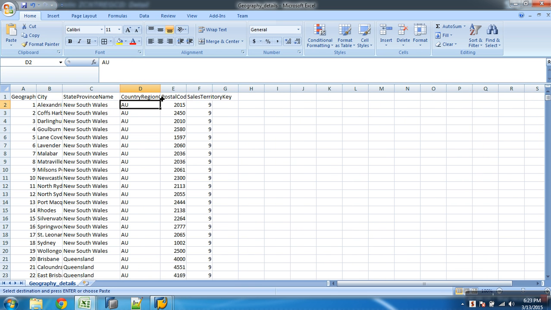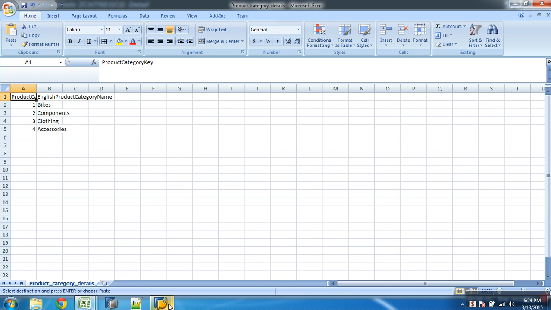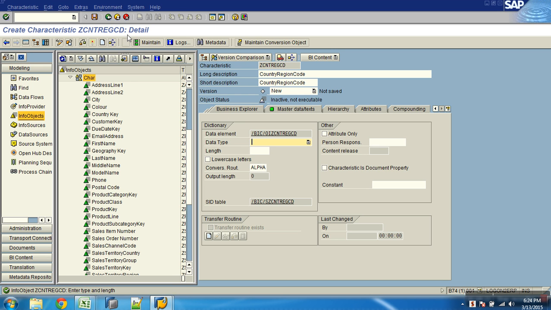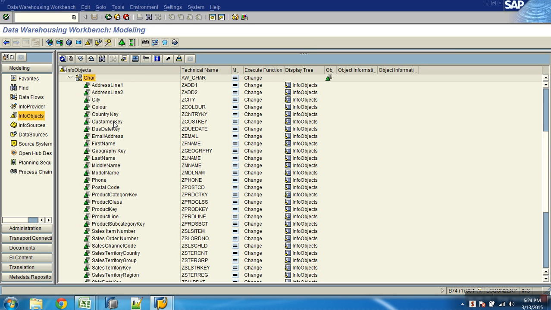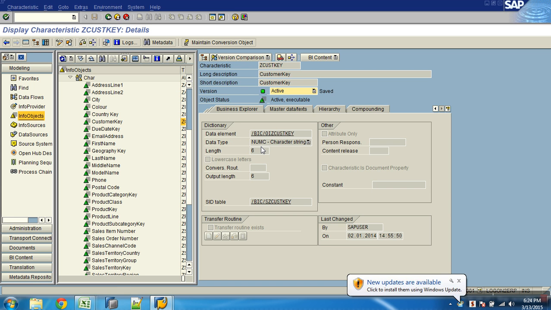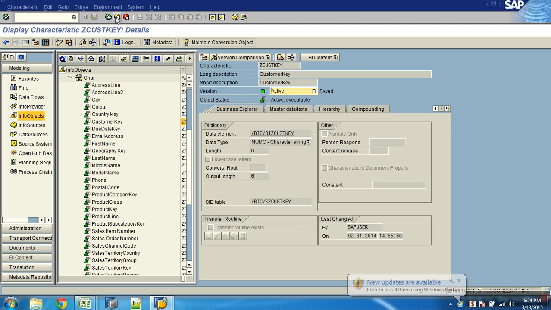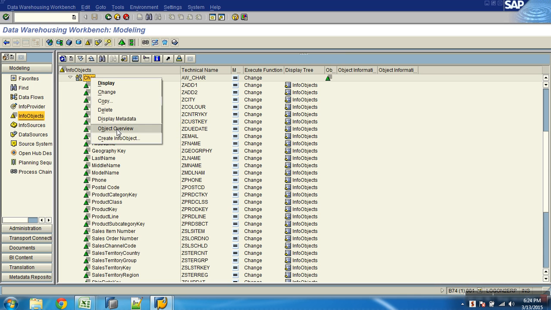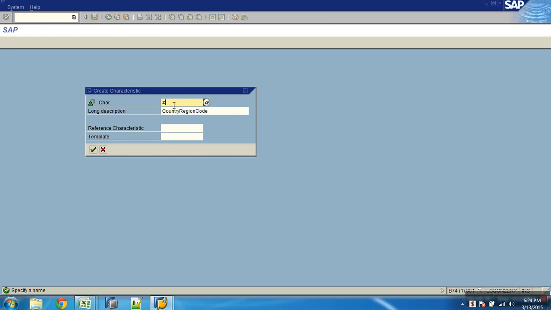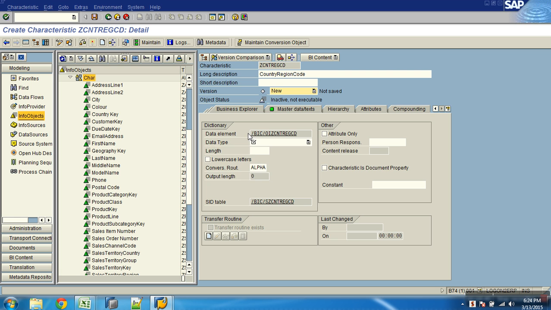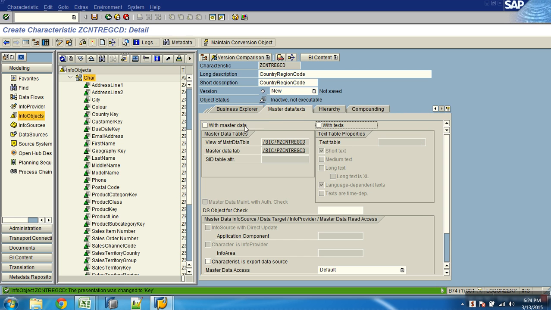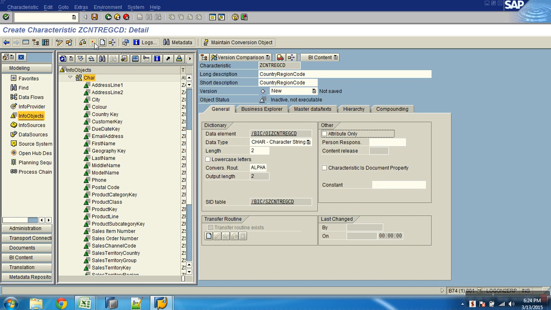Country region code. Okay, I think we planned to use country itself for this. Country key can be used, so I don't have to create it, because it is holding country keys. So can I use this country key, which has NUMC? No, sorry, it can't be used. I think I'll have to create ZCNTREGCD, that's CHAR with length 2. Let me activate.